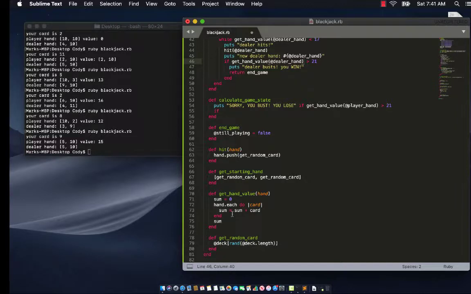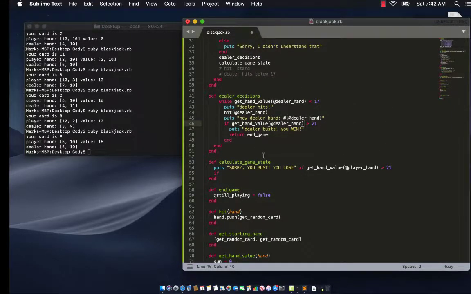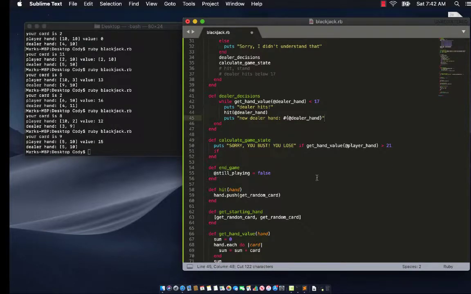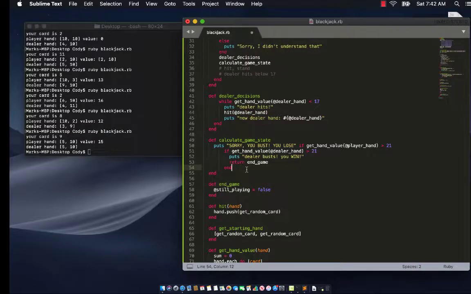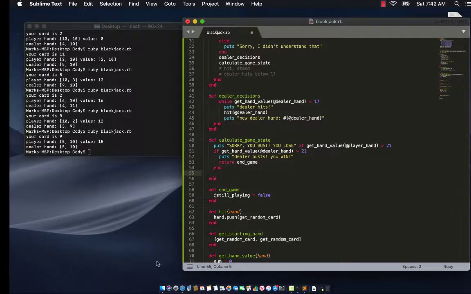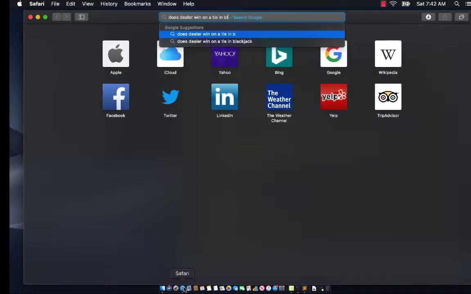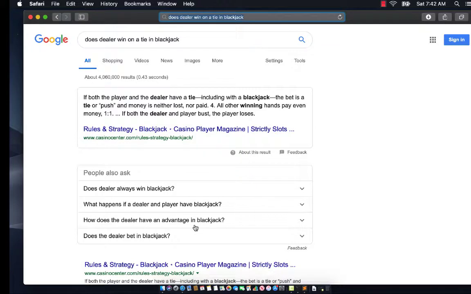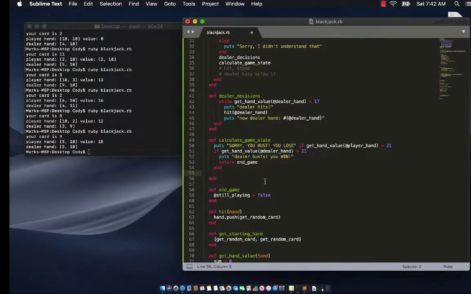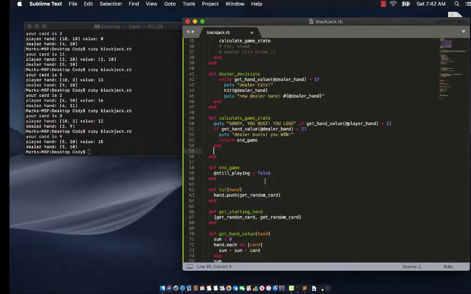So, calculate game state. So the player loses if they bust. If the dealer busts, we've already covered that. Could probably put that down here in if the dealer busts. And I think the dealer wins on a tie. It's a tie, so I guess you get your money back without winning anything. But there's no money incorporated into this program yet. So